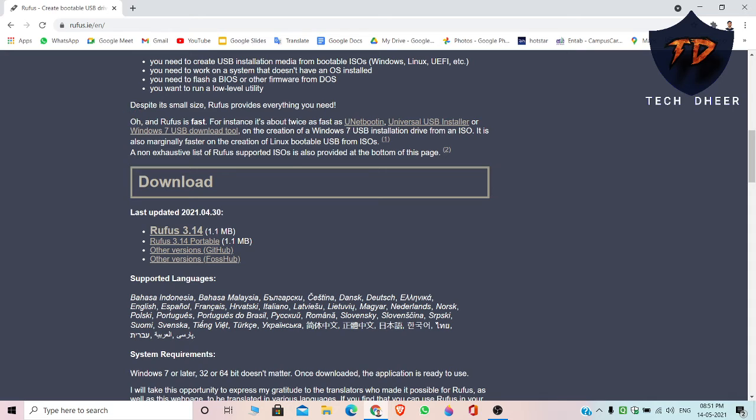And then despite its small size, Rufus provides you everything you need, as I told you just a few minutes back. And you can see it's twice as fast as UNetbootin, Universal USB Installer and Windows 7 USB download tool.